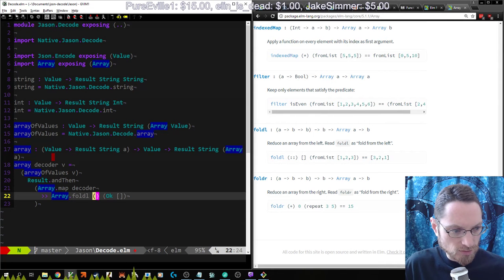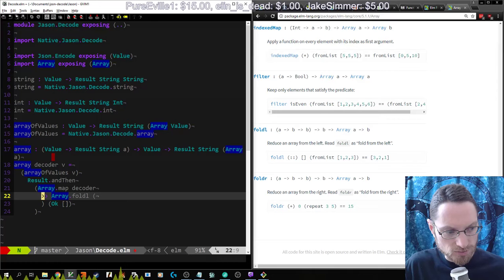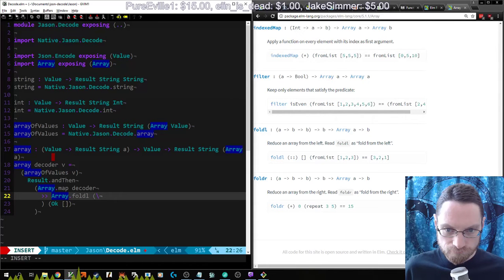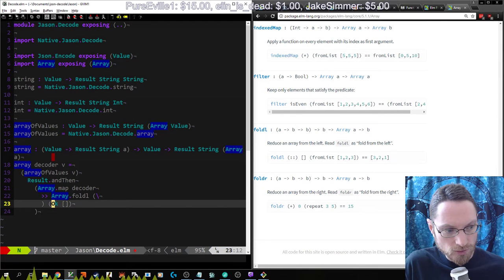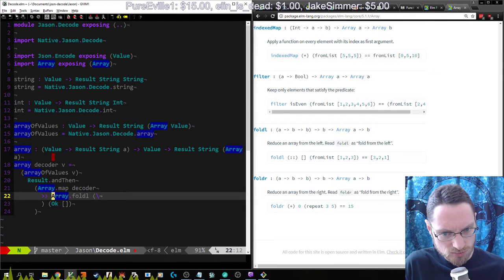Array.foldl. All right, and then we need a function in here, which is actually going to be quite interesting. It takes an array A and returns B. We happen to be returning an array of a different type. Oh, no, the foldl takes the element, the result,